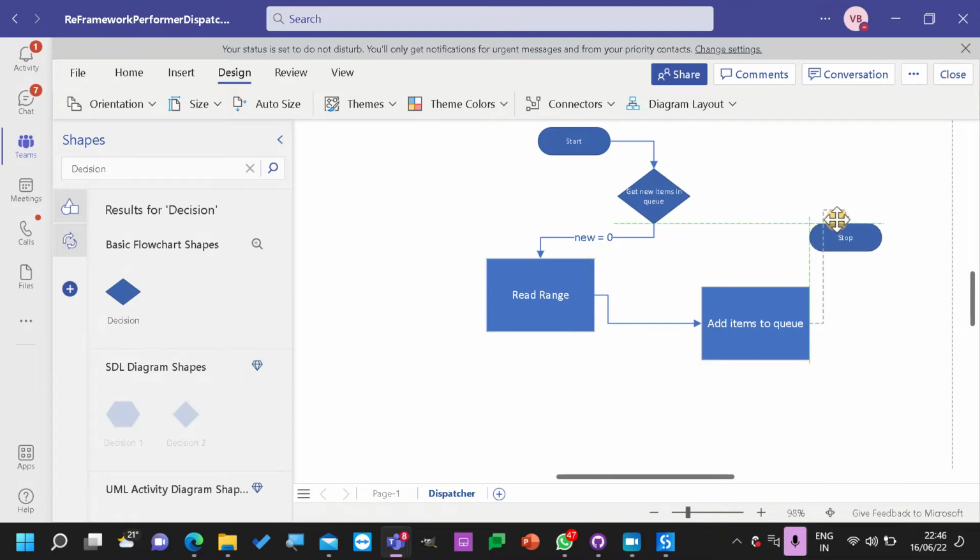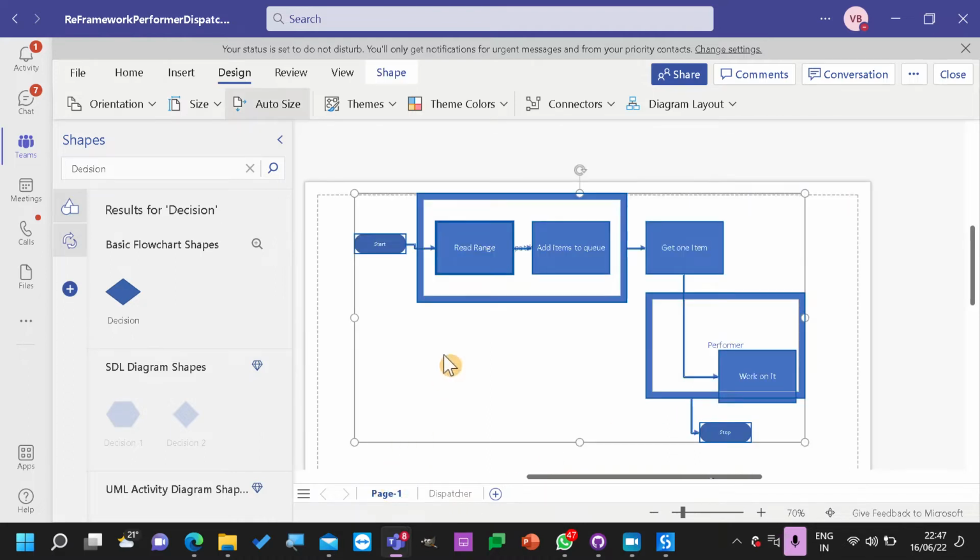So if we already have some items, do we need to read range again? No, right? So I can just go ahead and map it to the right and say new greater than 0. If there are new items greater than 0, it just means that there is no need to add more items into the queue.